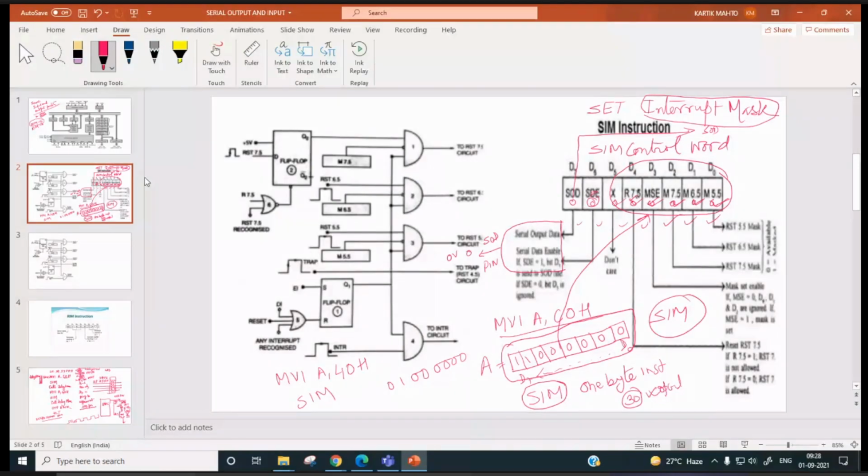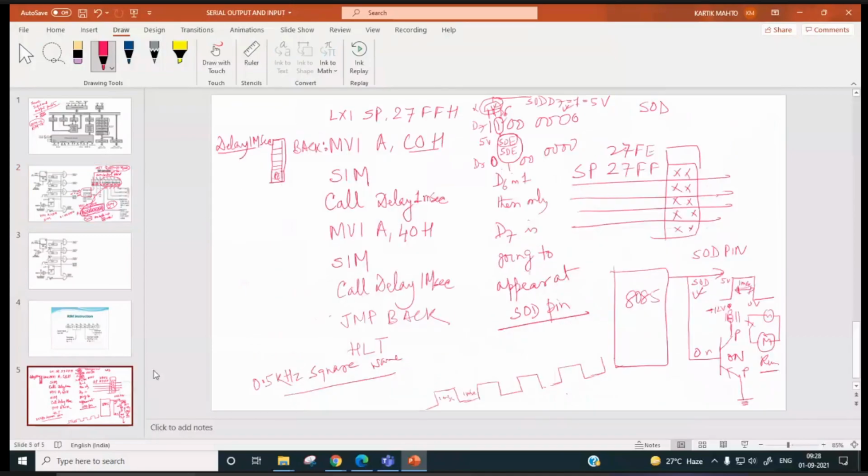And suppose 0 comes over here, right? This you have set to 0, this you have set to 0, and the interrupt mask you have set according to your requirement. Now if you use the SIM instruction, this data will be copied over here. Now unnecessarily this 0 will be outputted and this motor may start running.